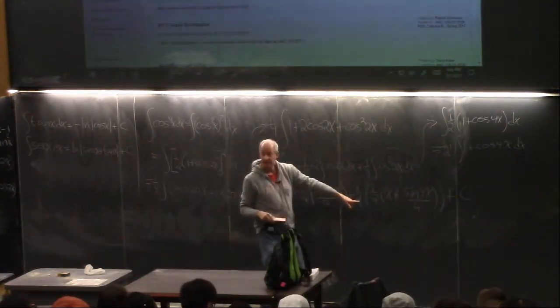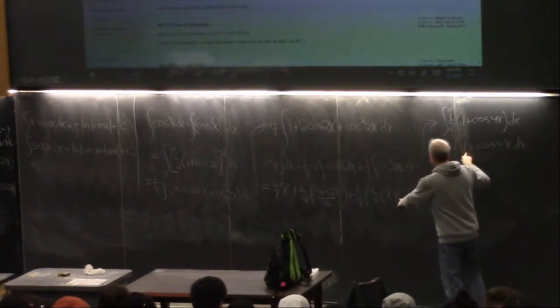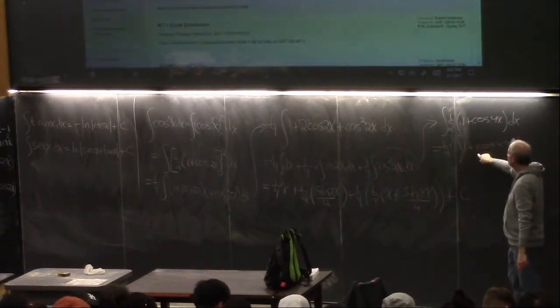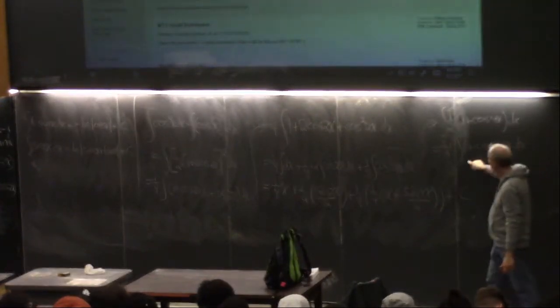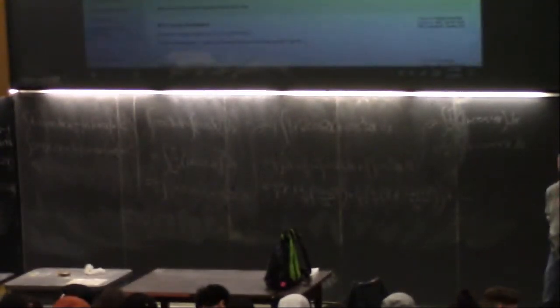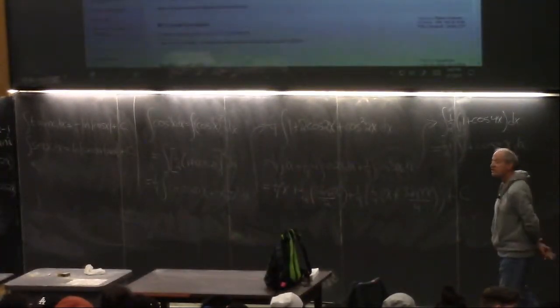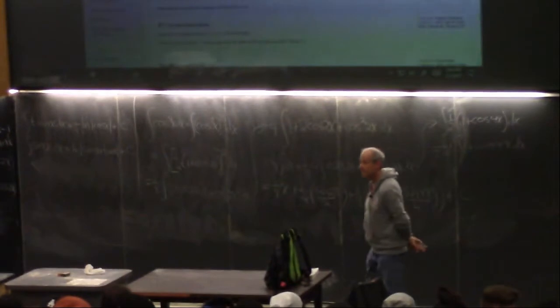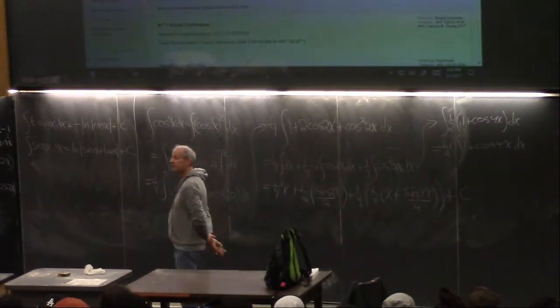This one is this. The antiderivative of 1 is x. The antiderivative of cosine of 4x is sine of 4x divided by 4. I'm sure very few of you are able to do this, so you practice it with sine to the 4th. So I'm going to give you a similar one to practice. Question?